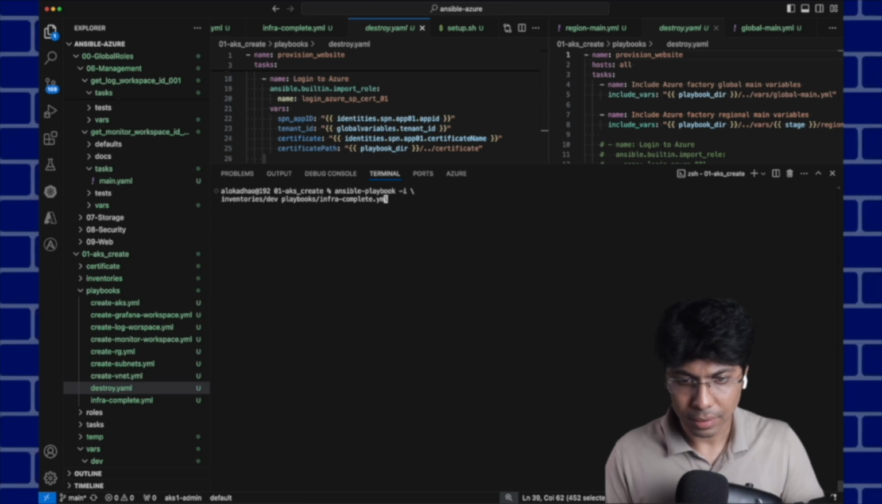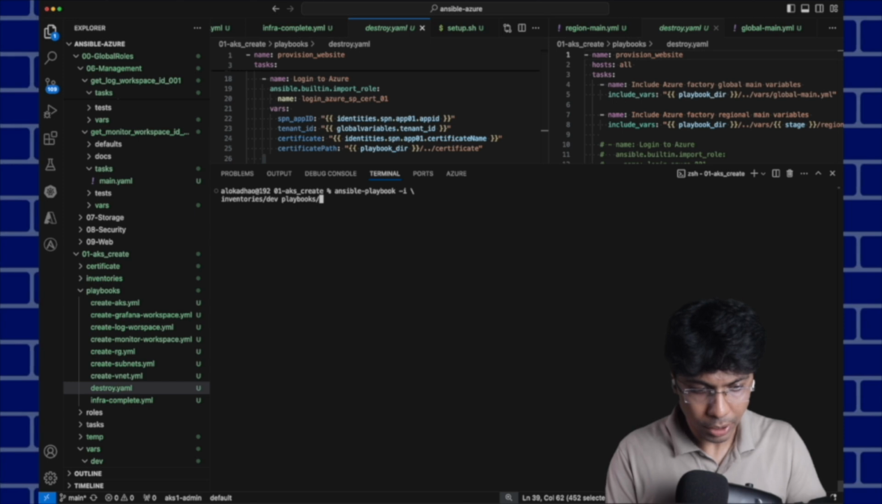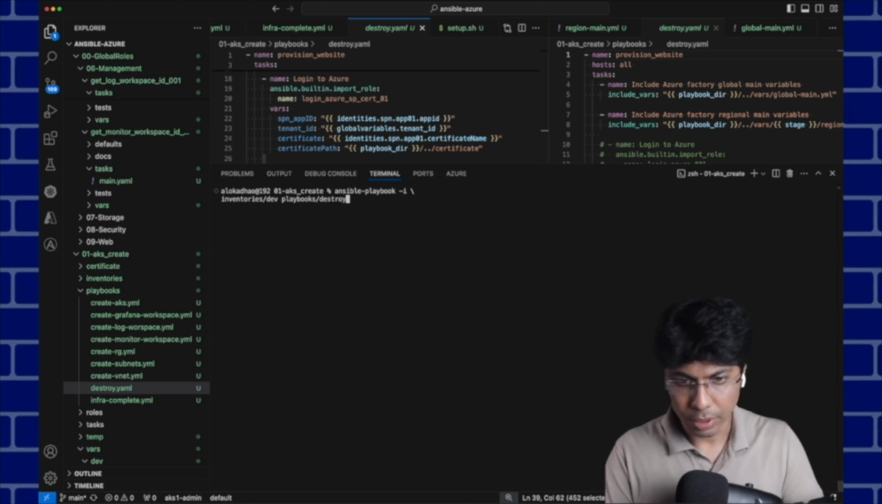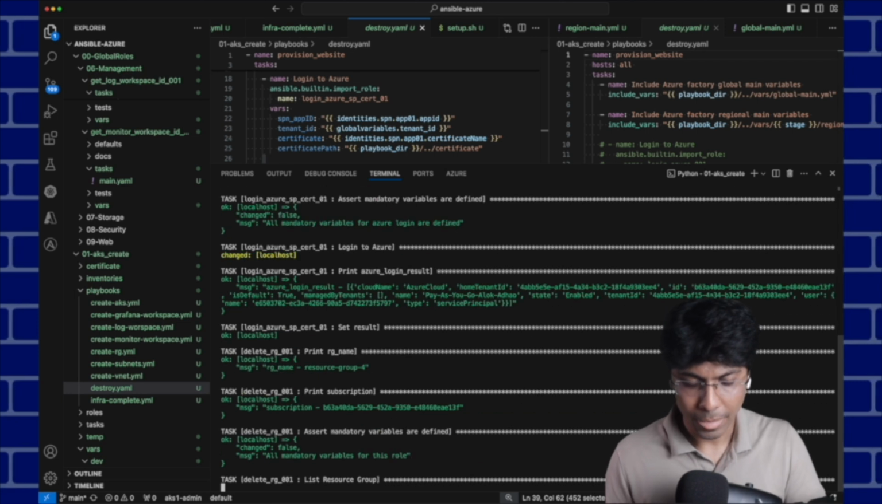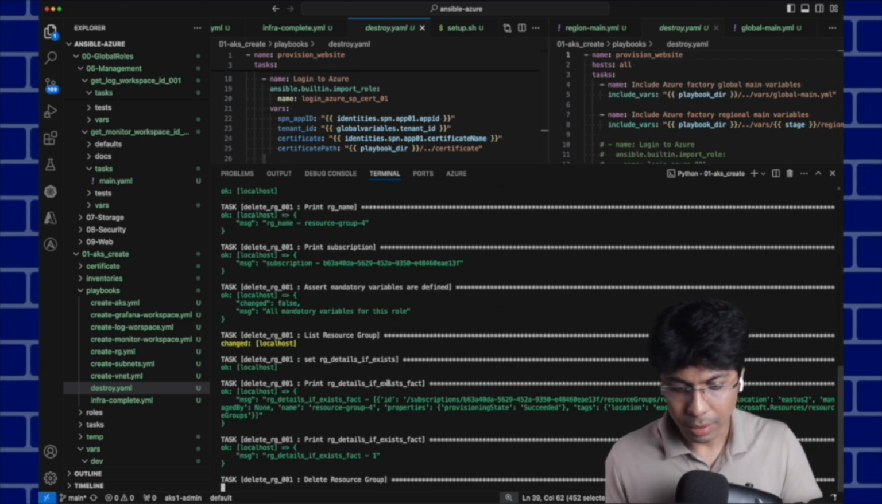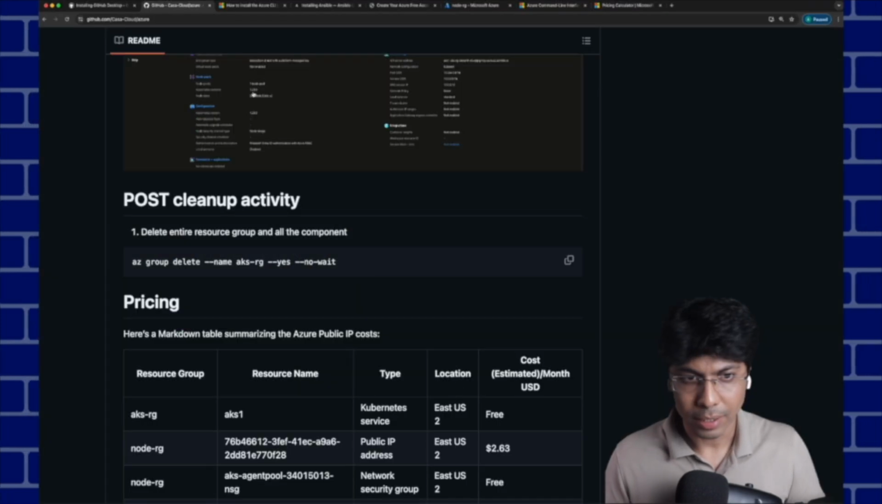This is the command that we have utilized. Instead of the playbook infra complete, I'll just do destroy.yaml. What it will start doing, it will start deleting the entire resource group. See,